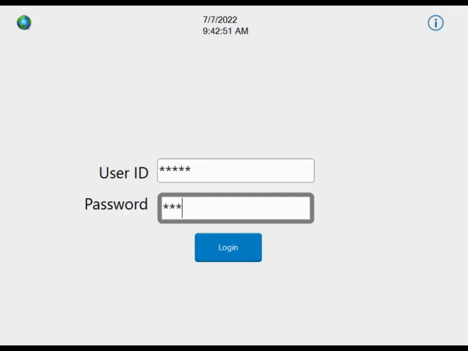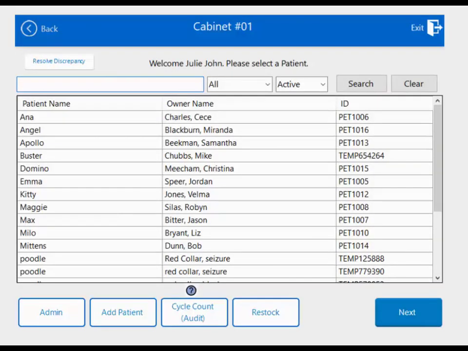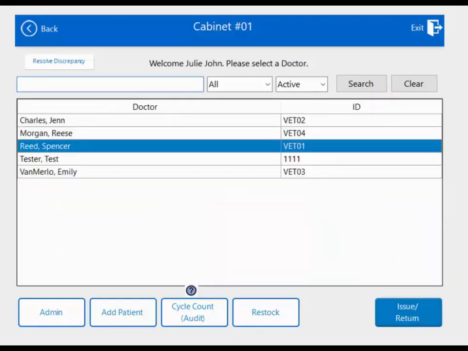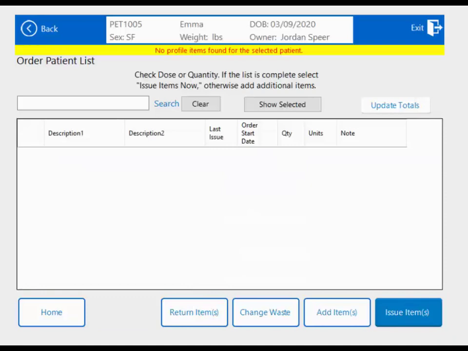You can use your manual credentials or you can use your fingerprint. Once logged in, you're going to want to choose the patient that you want to do a return on. In this case, I issued out some butorphanol tablets to Emma, so I'm going to return them. So I select Emma, I hit next, select my doctor, hit issue return,